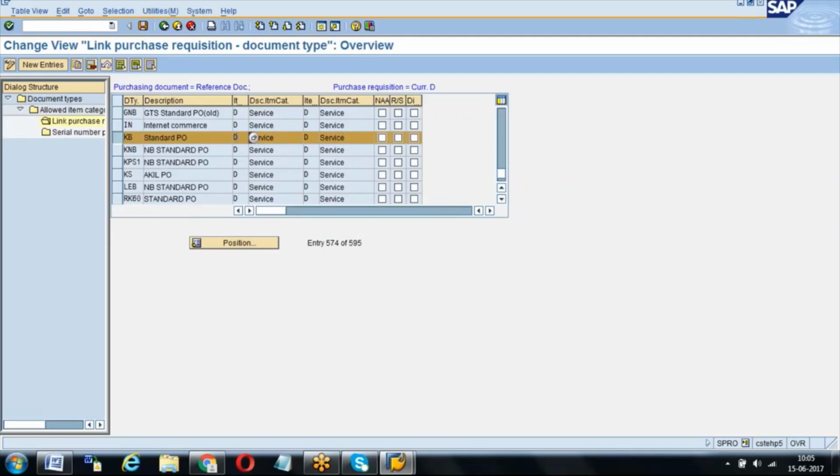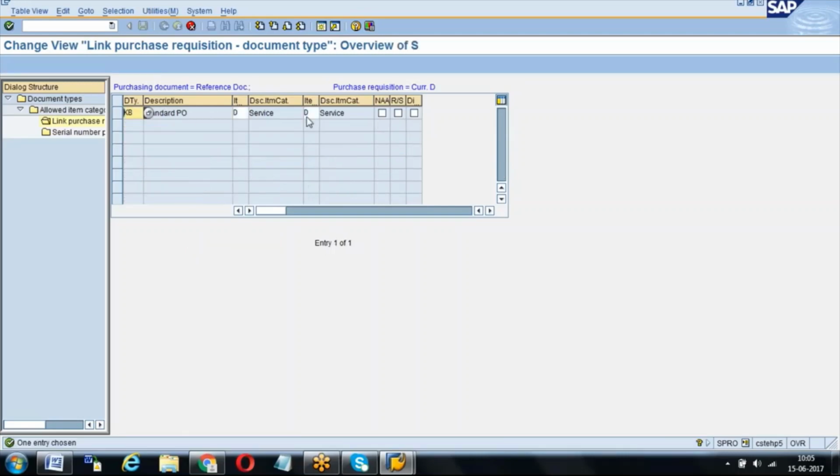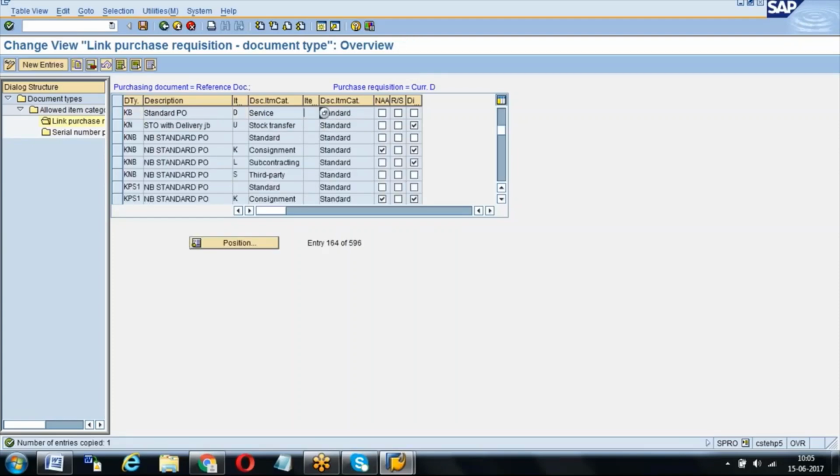Generally we don't allow others, because service PR only will be used as a reference for service PO. If you want to allow others, you have to remove this one and keep it blank. Then normal purchase requisition can be used to create a service PO.